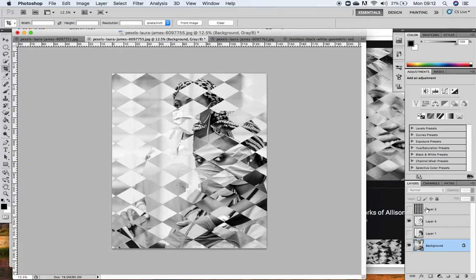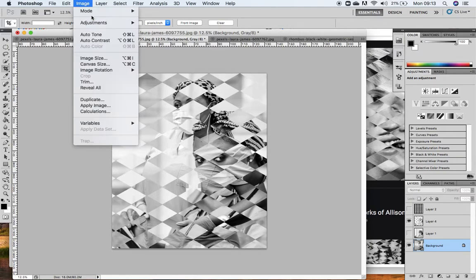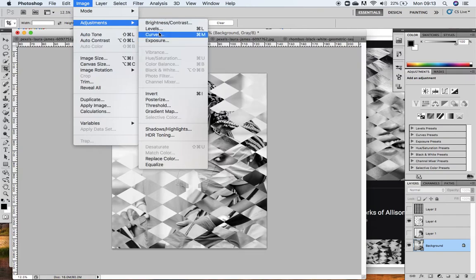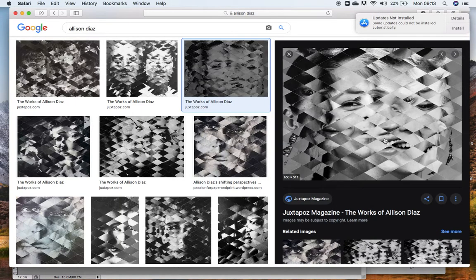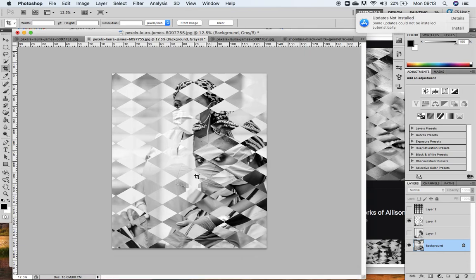The other thing you could do at this point, I suppose, is use the dodge and burn tool to start to enhance some of the tones in particular areas. So whereas before we went to image and adjustments and looked at levels and curves to change the contrast, what you could do now that you know what your overall image is looking like, if we compare it back to Allison Diaz's here, if you felt that perhaps you wanted to enhance some of these darker tones and bring them through in your outcome,